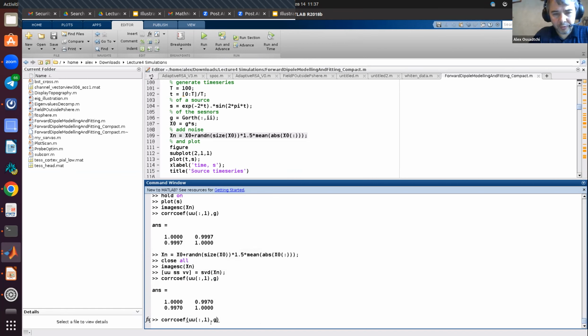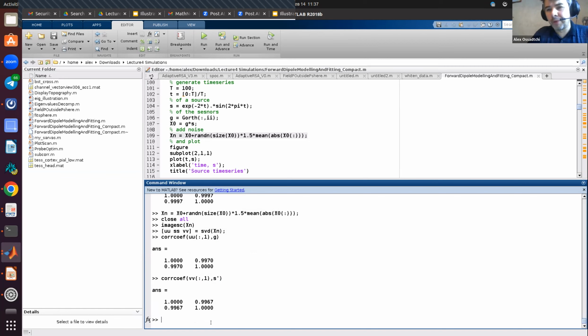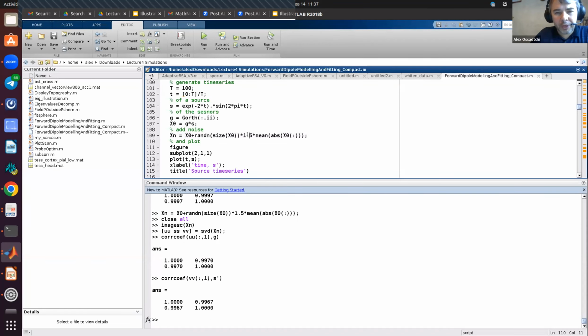And the same thing we can do with S. I transpose it because S is a row, and therefore I transpose it for MATLAB, because it's not pure Python. Python would understand it, but it's better if it didn't. But okay, so then we have this correlation also pretty high. And then we can also try, let's do it